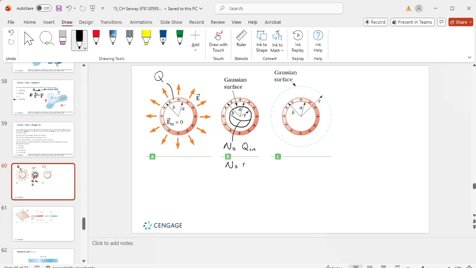If there's no Q in, there's no flux. No flux